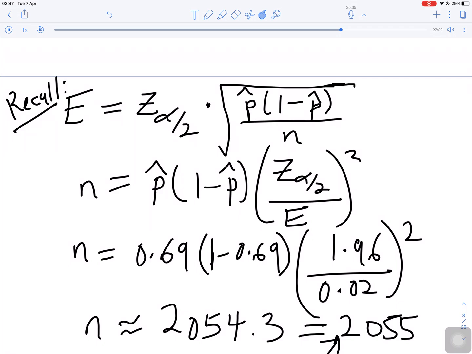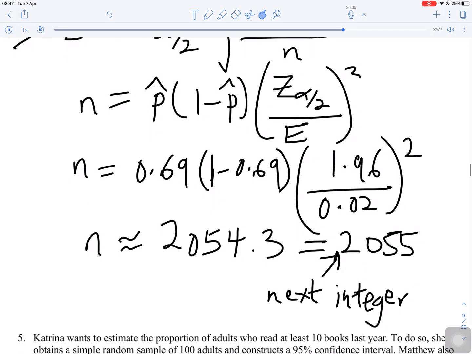So what we can do here is a little algebra, and then solve for n. So solving for n gives us n equals p cap times 1 minus p cap times z alpha over 2 divided by e, all squared. Now we know every value on the right, so we put them back into the equation, and we realize that approximately n equals